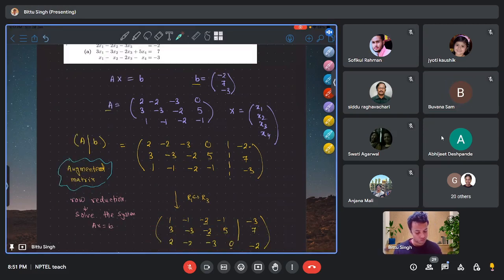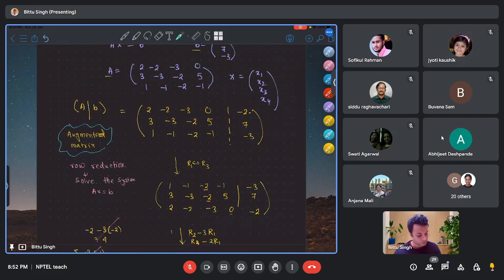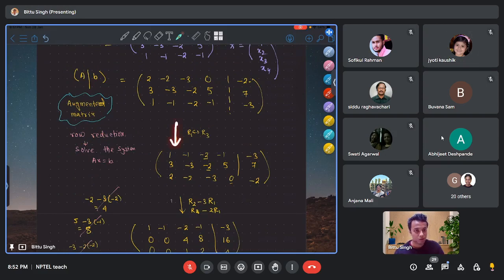So the step is to use the augmented matrix, that is, take the coefficients of x1, x2, x3, and x4, which are 2, 3, 1. Those are the coefficients, and where there is nothing, we have taken 0. After that, it is minus 273. The next step is to apply row reduction. That is, you need to reduce the rows. So the first step is we have exchanged this and this,